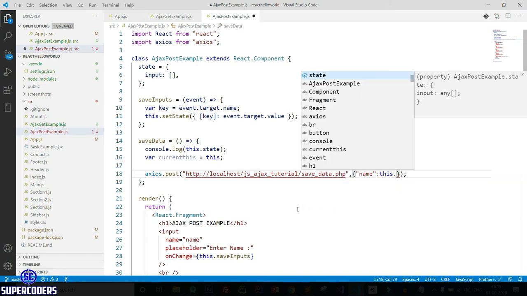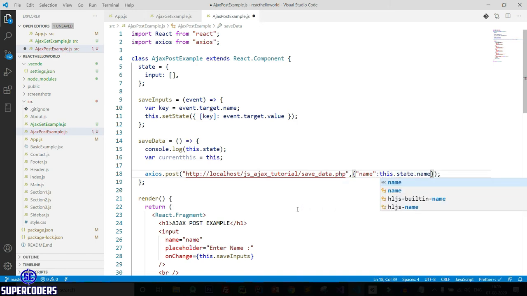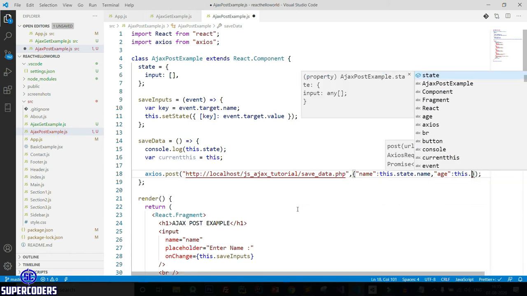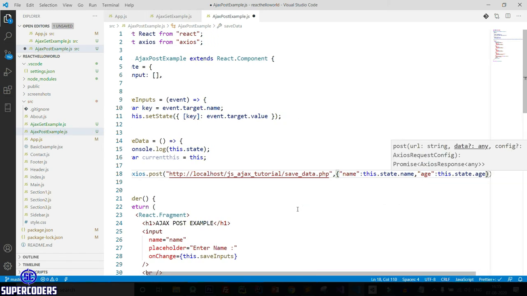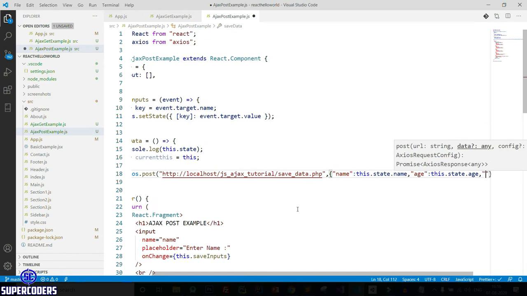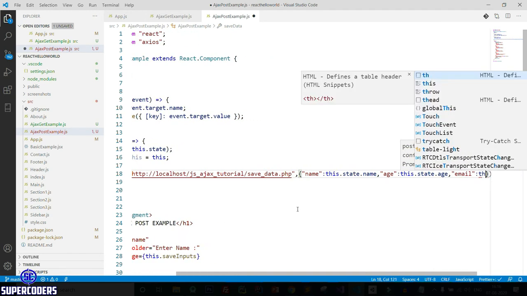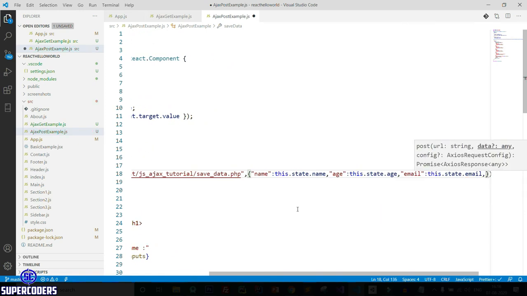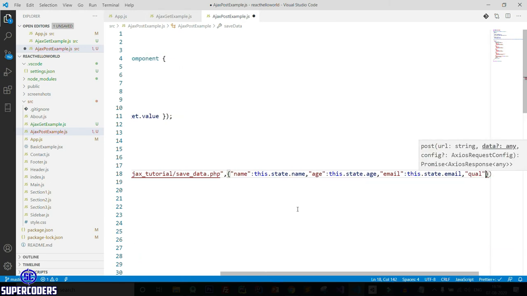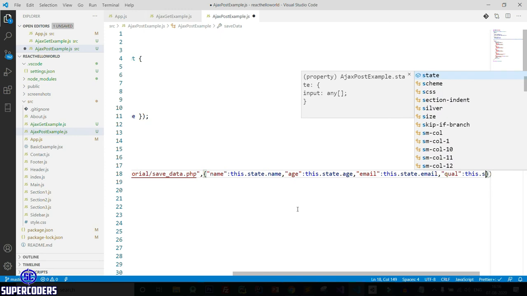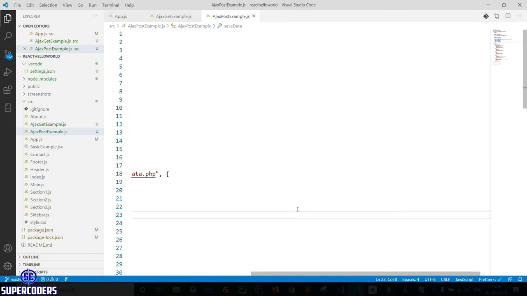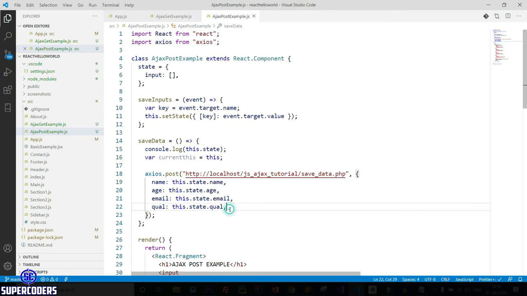So this.state.name, then age, this.state.age, then email, this.state.email, then qual, which is qualification, this.state.qual. Save it. So it gets formatted again.